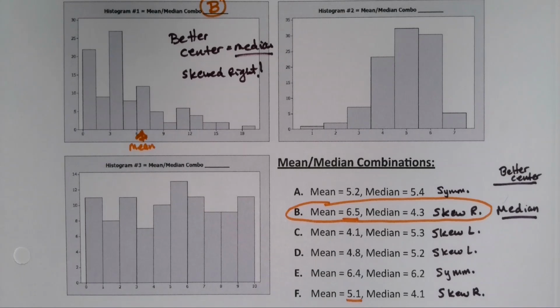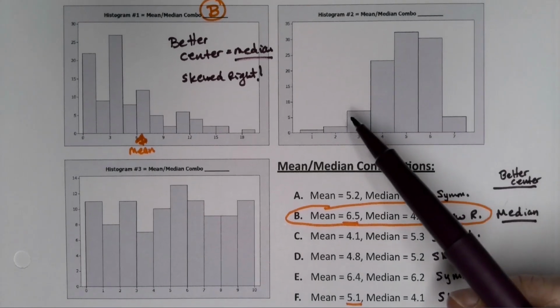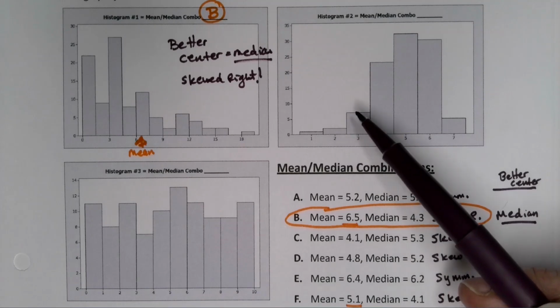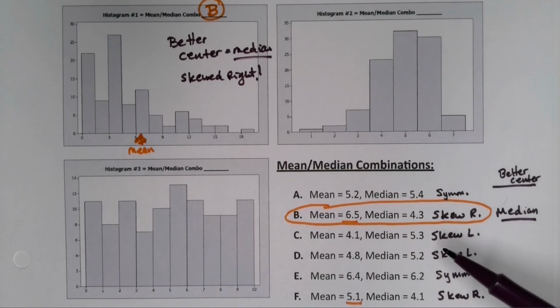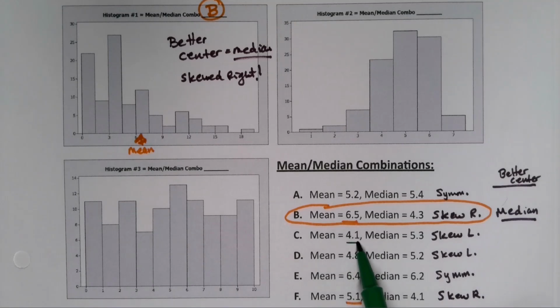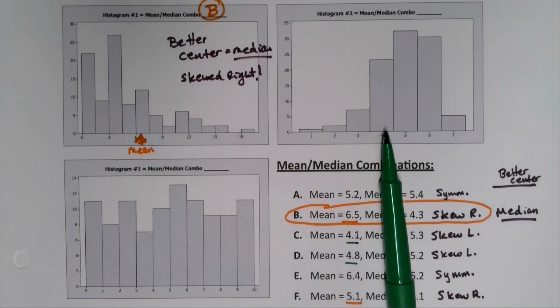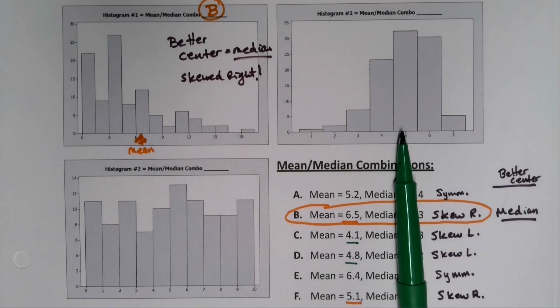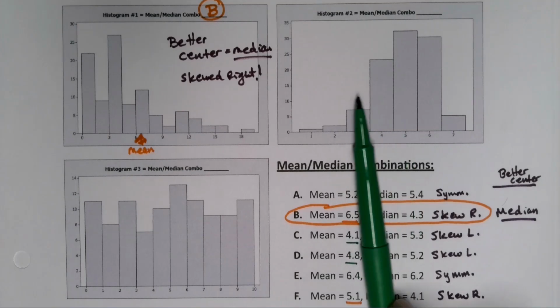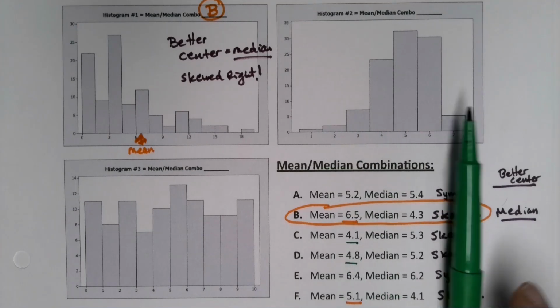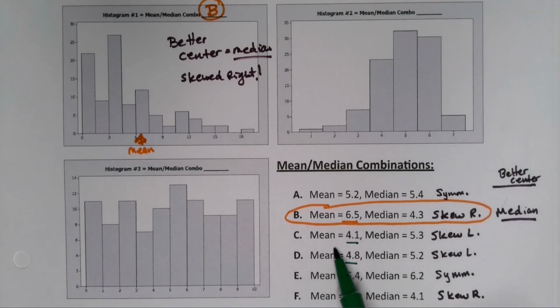Okay, what about this one? Well, this one's skewed left, right? So I have to look at my two skewed left combos. And again, I want to think about the balance point, 4.1 versus 4.8. So I want to put my pen at 4.1. That does not seem to balance the left and the right. 4.8, that seems like it's going to do a better job. It's going to get a good clump on this side and a good clump on this side. So this one, D,